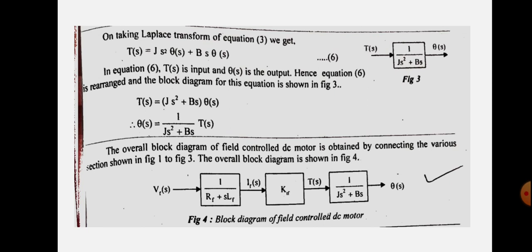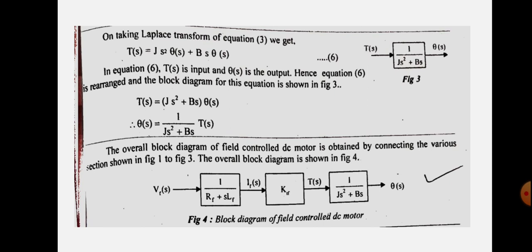So it's very simple to construct the block diagram for a DC motor. First of all, we have to know the differential equations governing the system, then we apply the Laplace transform on each equation, so we get each of the blocks. And I think you may be familiar with the same type of problem in the armature controlled DC motor. Both are very easy, so study them well.